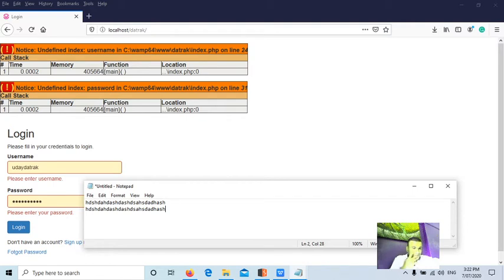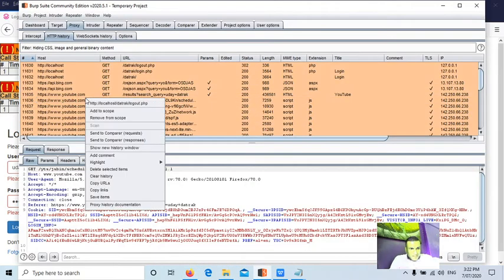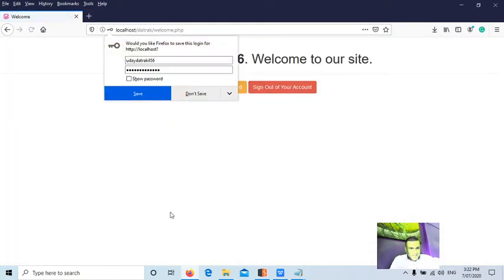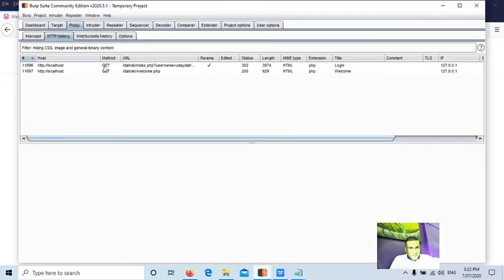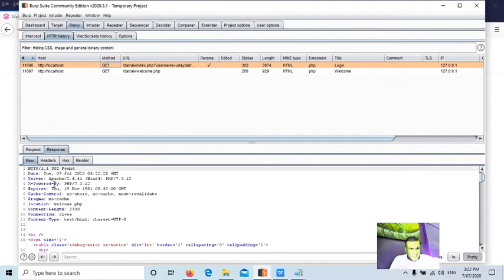The first thing is that when you enter the username and password, you have to see whether the server is generating the session ID right after you enter them. Now I'm just checking this one. I'll clear the browser history and click login. Now the username and password are sent as part of a GET request. In the response it is not setting the session ID. So now it's a problem for us. We cannot check using the algorithm.